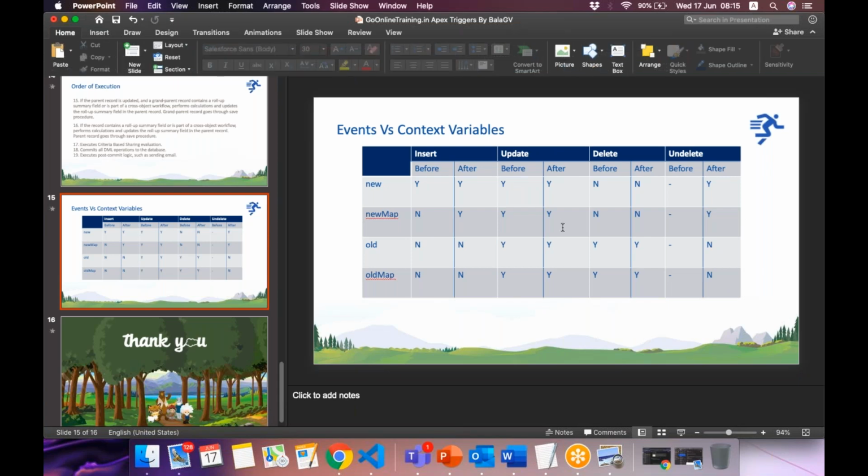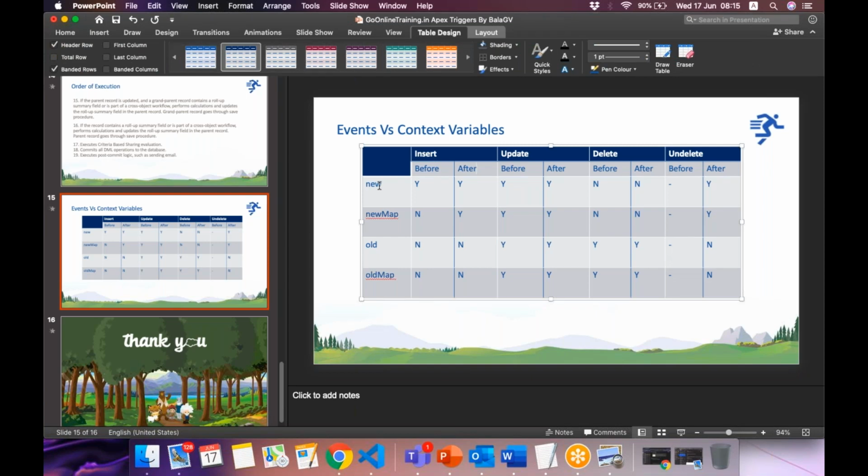Remember this. Keep this table for reference. So this will tell you in which event these variables will have records. So before insert, Trigger.new will have record, only new version.